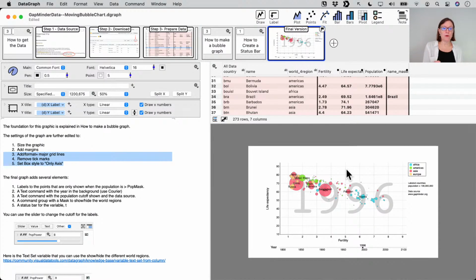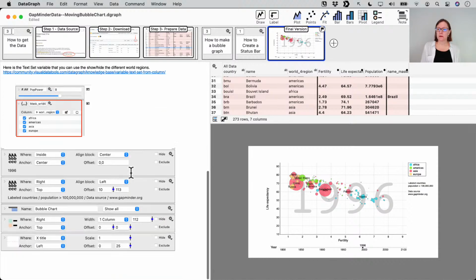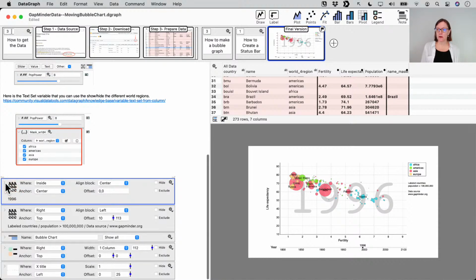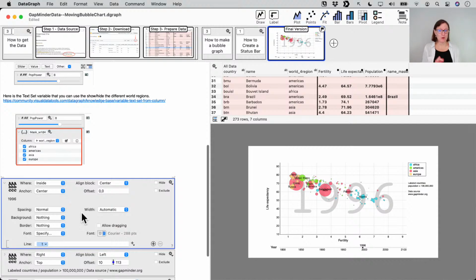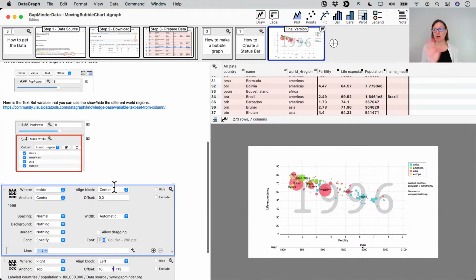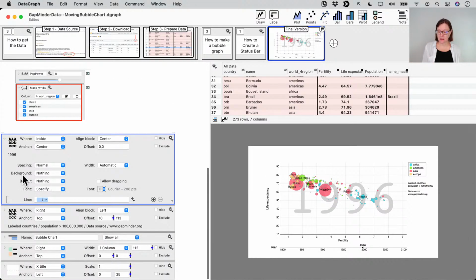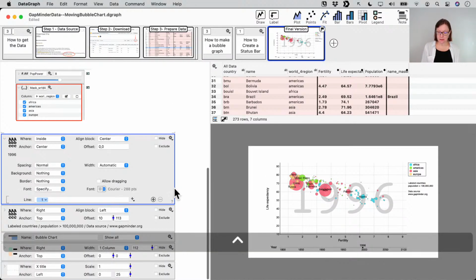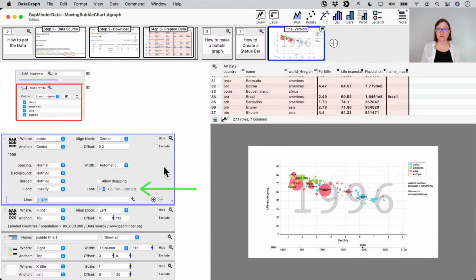A couple of other really important elements: the year. How do I do that? Well, that's just using a text command, and the text command here is just a very large one. This file has all the options in it, so you can see that this is set to a specific font size, Courier. The reason for that, which is sort of important, is that you don't want the year itself to be jittering